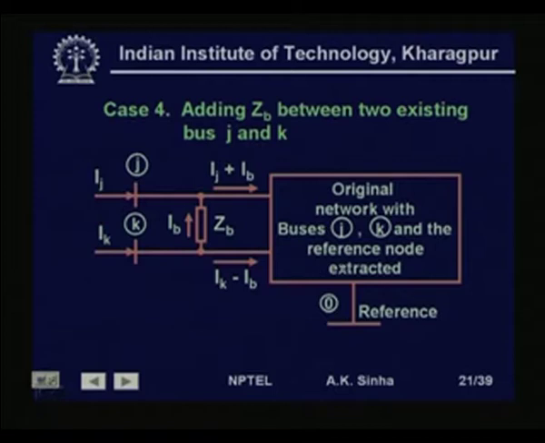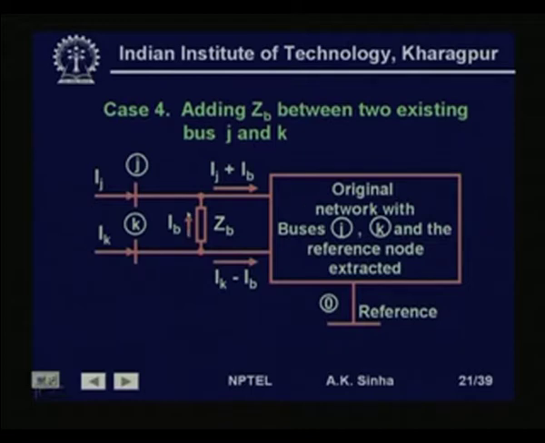to indicate this. So this is the original network, that n bus network. We have just taken out these two nodes and we have shown that we are adding a new branch Zb here. Now if we look at this, then what we have, Ij current injection at bus J, Ik current injection at bus K. Now when we add this branch Zb, then we are